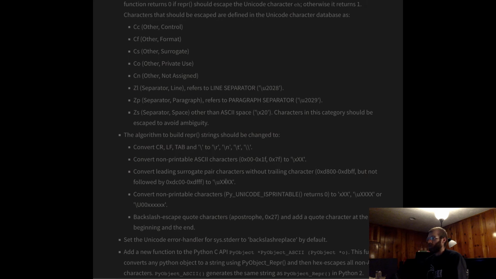Convert leading surrogate pair characters without a trailing character, 0xd800 to 0xdbff but not followed by 0xdc00 to 0xdfff. You're converting all of those things in those ranges to \uxxxx. Convert non-printable characters, where PyUnicode_IsPrintable returns 0, to \xxx or \uxxxx or